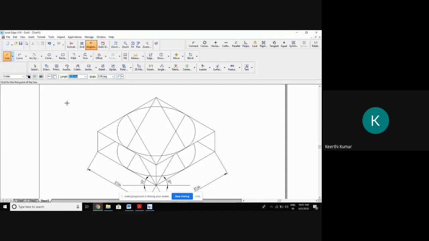Done, sir. Okay. Once the ellipse is done, this is not a cylinder yet. Still, we are not connected. We have just done one top circle and one bottom circle. To make it a cylinder, draw the vertical line and connect the top ellipse and the bottom ellipse on the left side. Similarly, on the right side.